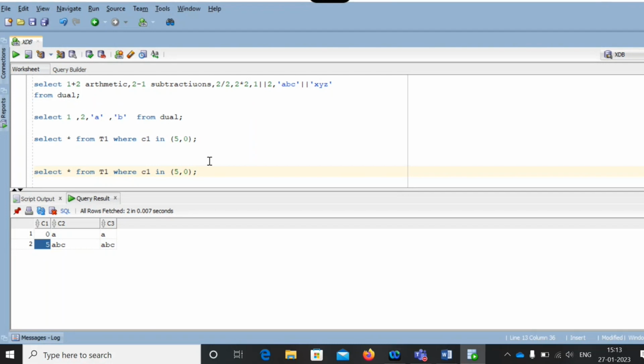Like select star from population tab where country equal to India and name equals to XYZ. You are searching with a combination of two conditions, two rules. If the two rules are satisfied, then only you will get the results. India may have multiple persons. XYZ name may or may not be present in India. It's alphabetical values, not a name. No one may put XYZ as a name. So the condition may fail in this place. If one condition fails, you won't get any results.